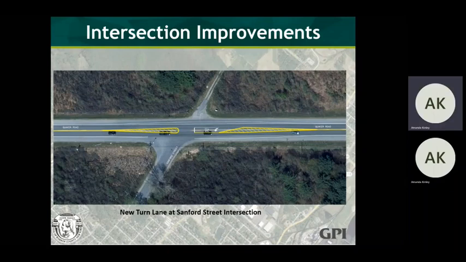The intersection improvement mentioned at Quaker and Sanford Street would include the addition of a new left turn lane along Quaker Road to turn left onto Sanford Street. Oftentimes, when you're trying to make this movement, there's a lot of through traffic on Quaker Road that is opposing this left turn movement. By providing a left turn lane, it allows the turner to be removed from the through traffic in a safer area and allow them to wait for a gap so they can make that movement safely.